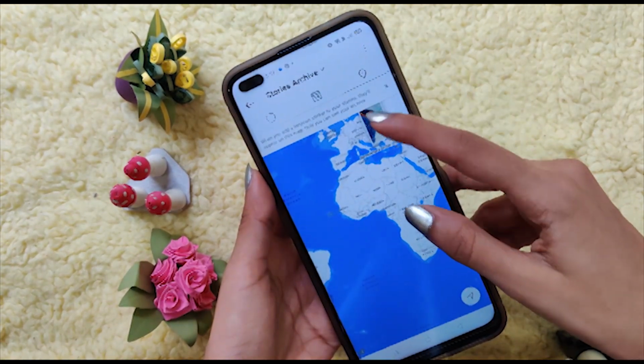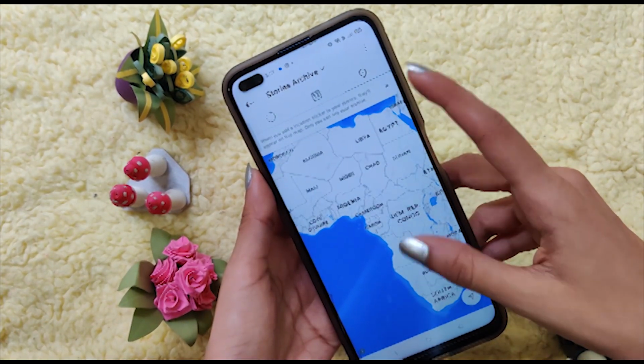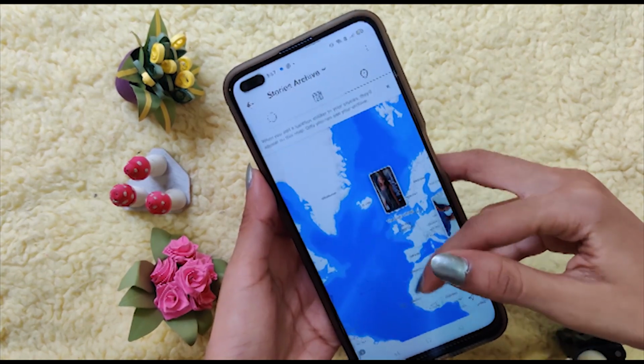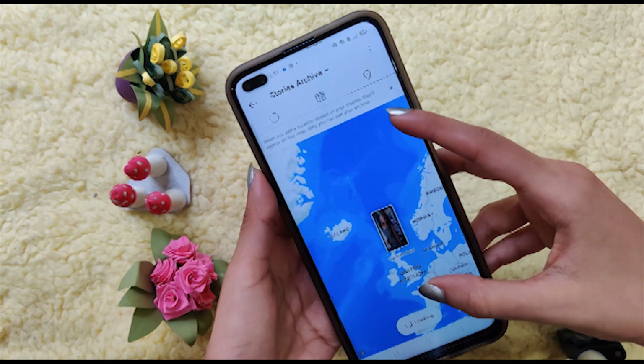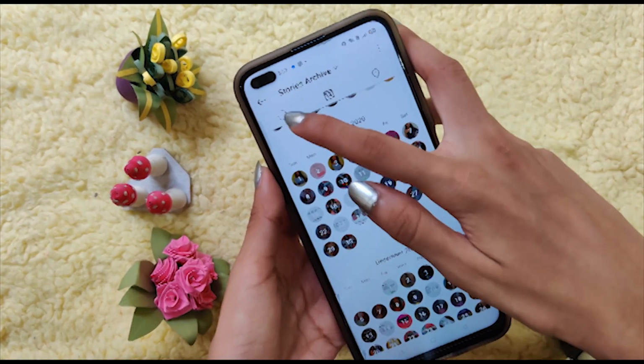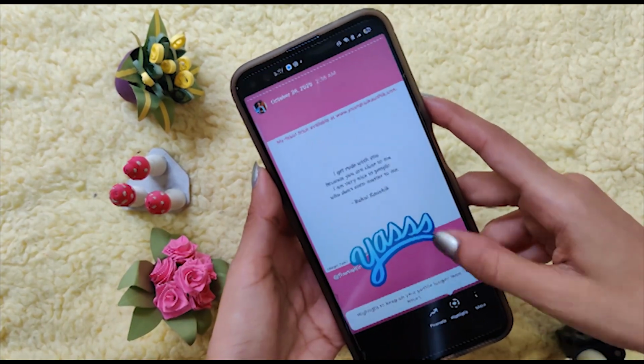Also you can find pictures according to your places, so this is the third option. You can find pictures according to your place, like where you went, and what story you posted at that place, you can find your picture through that as well. So yeah, I like this option. This is something very amazing, and I have so many stories and pictures that I'm confused about when I posted and when I didn't. So through this I can find my picture very easily. So I am just a fan of this option.